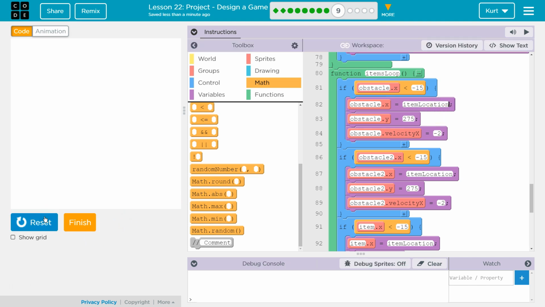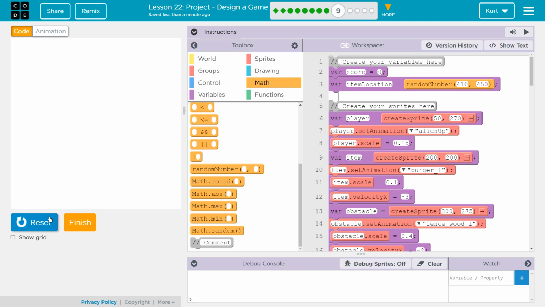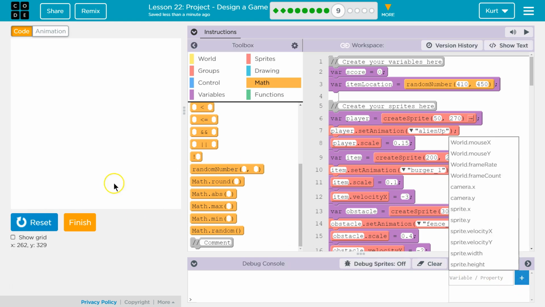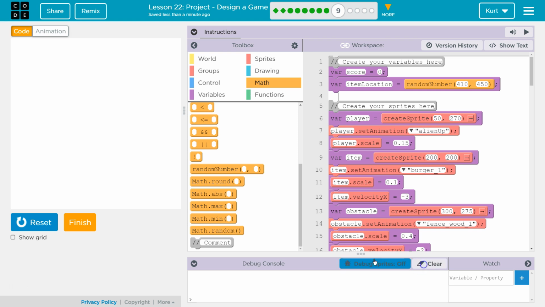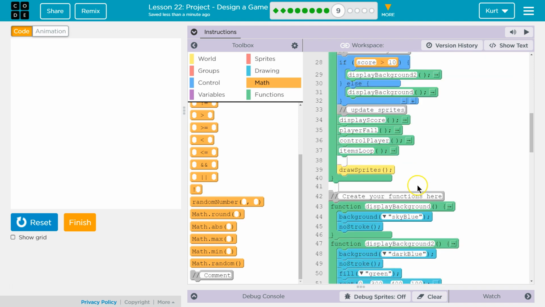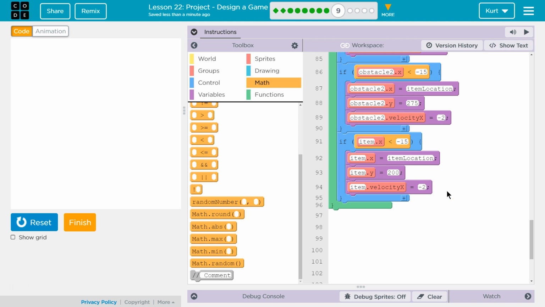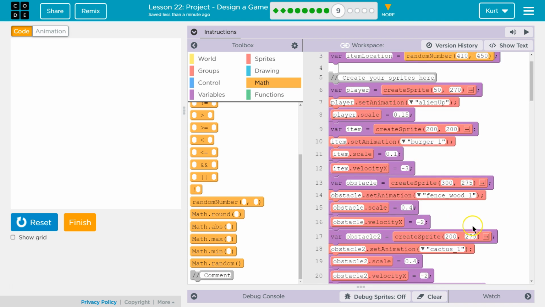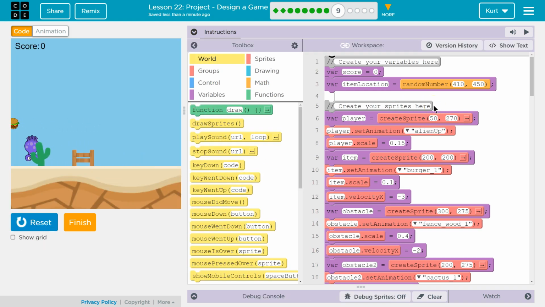Try that now. Item location. Alright, and they should switch up